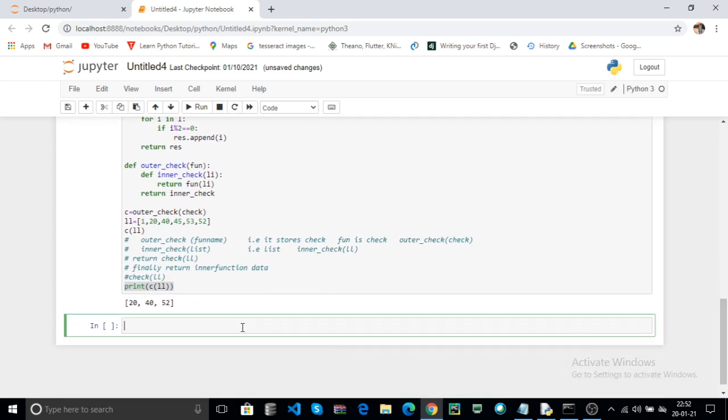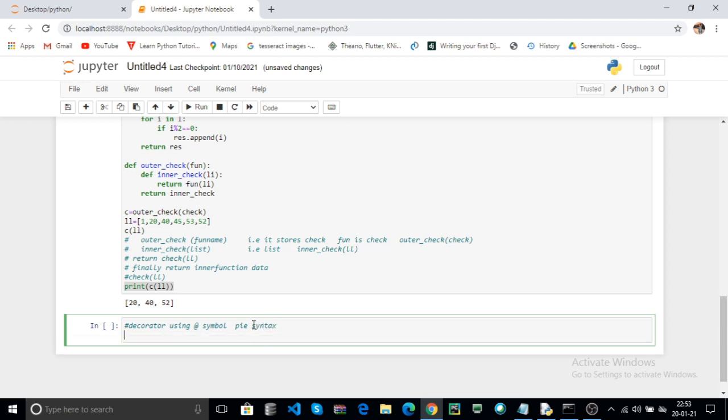Now the other way is to create a decorator using the @ symbol, that is called Pie syntax. Now how to use it?